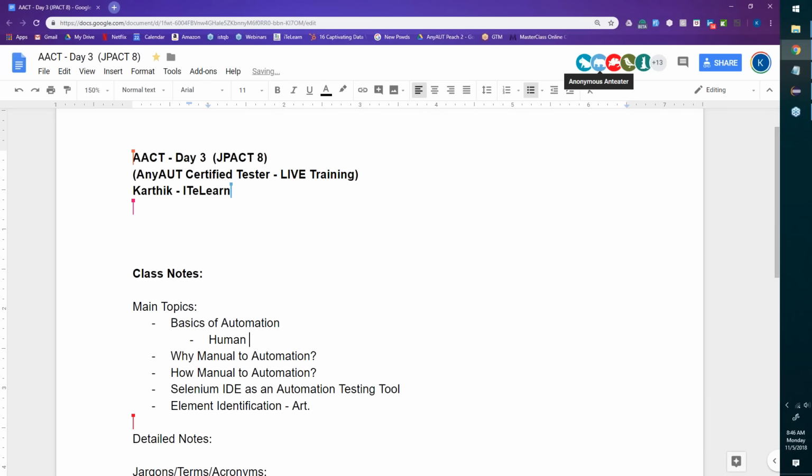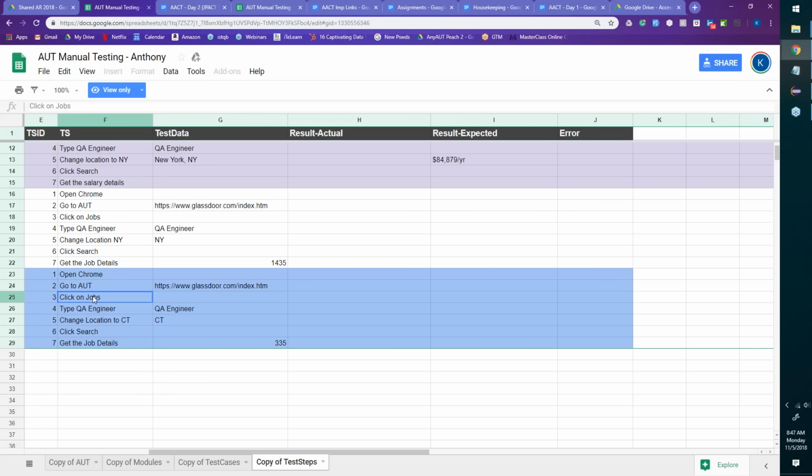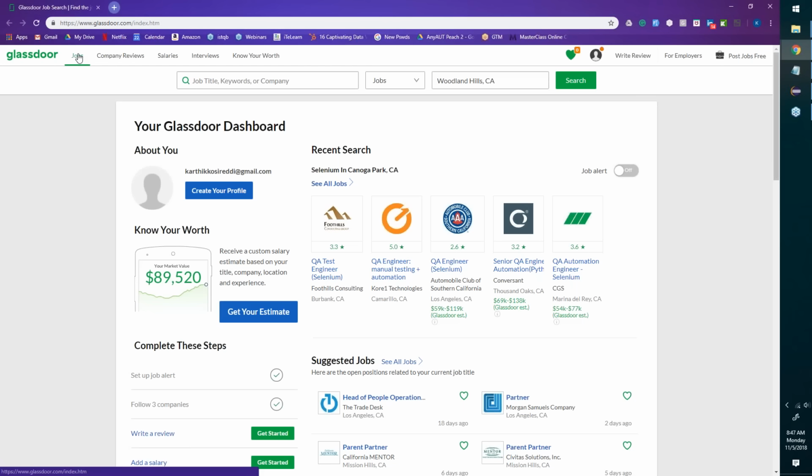I have to go here, look at these details. Now click on jobs is the third step. So I click on jobs, I'm here, but I'm already logged in, I think. So I need to make sure the test is prepared. There's so many things to do. Now I've come to the main page, click on jobs. I've done that. Then type QA engineer, Connecticut, get the job details, 335.